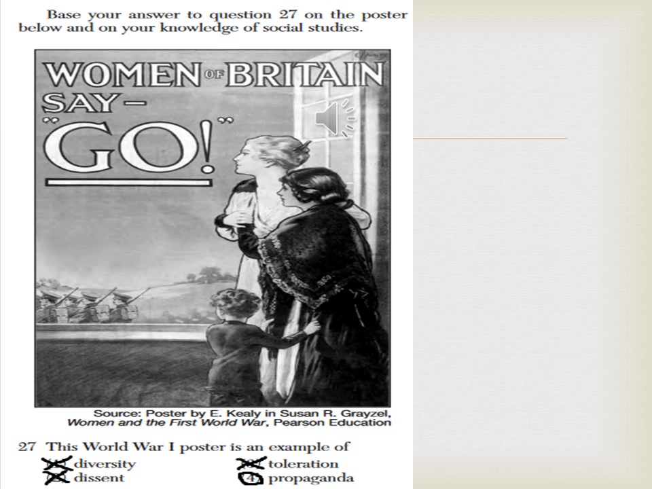So, question 27. This World War I poster is an example of, once again, World War I. Is it 1, diversity? No. It's not diversity. 2, dissent? Absolutely not. 3, toleration? No. 4, it's propaganda. Propaganda is when a government is trying to influence public opinion through pictures, through, well, modern